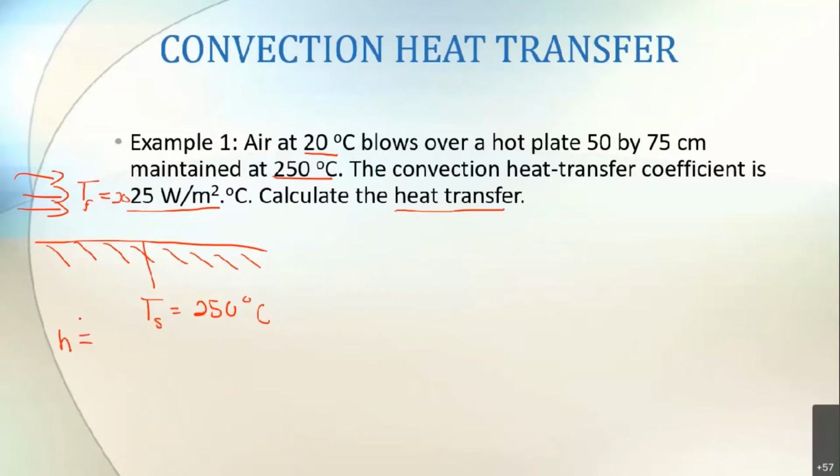The way you identify whether this is h or k, the easiest way, is to look at the unit. If it has a unit of watt per meter squared degree Celsius,